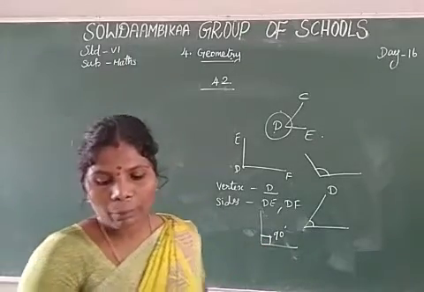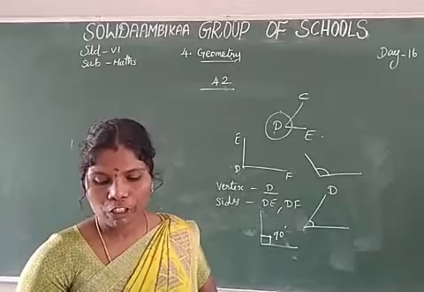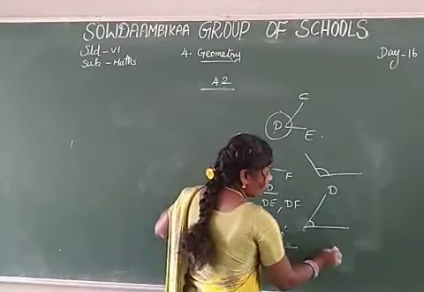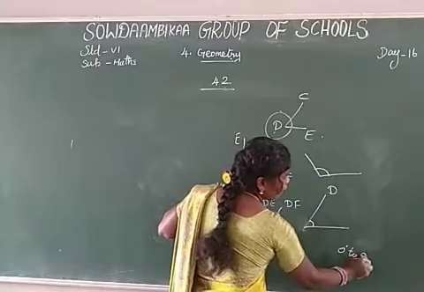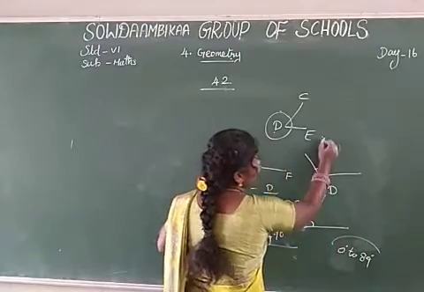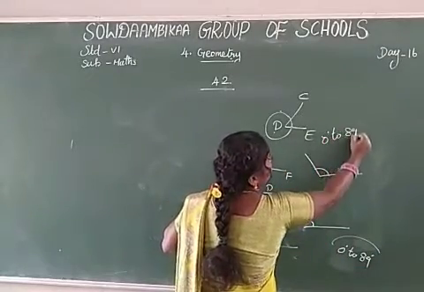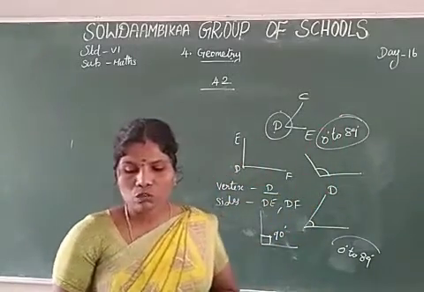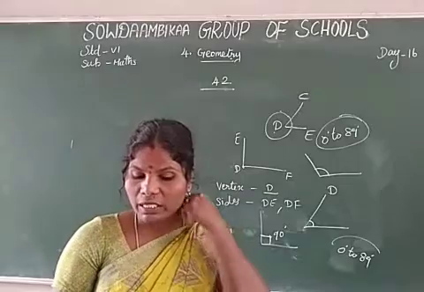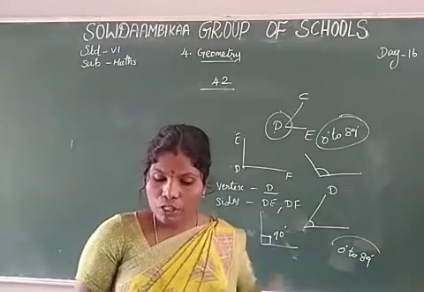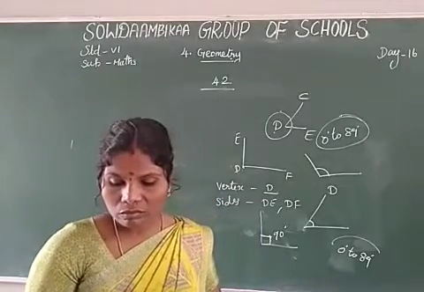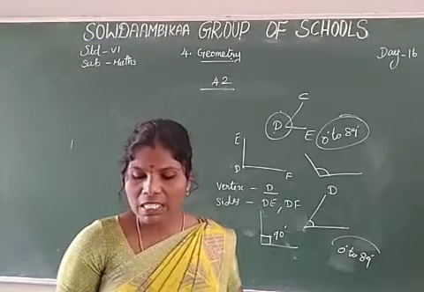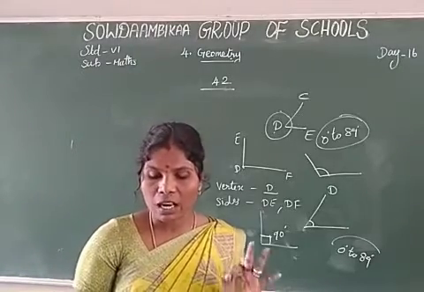Next, fourth one: pick out the acute angles from the given figures. Acute angle is below 90 degree. So 0 degree to 89 degree, including this acute angle. So first one, 30 degree, 33 degree acute angle. First one, third one, fourth one: 33, 56 and 89. These three only are acute angles.